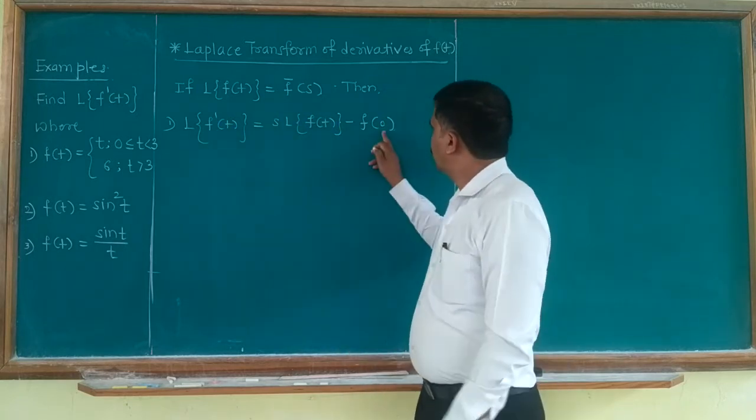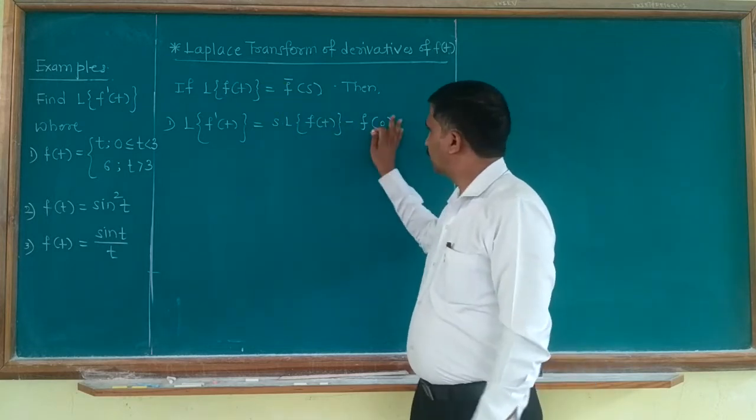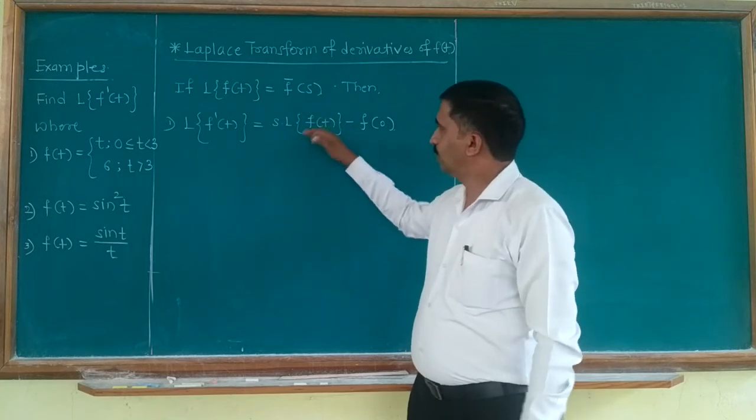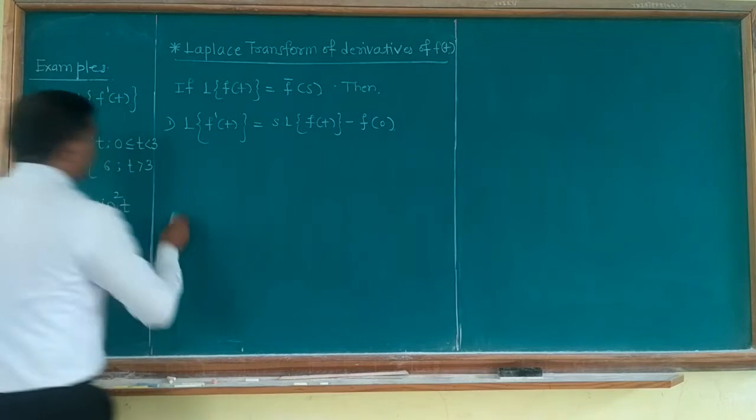Here you have to find f of 0. So in the given function, put t equal to 0 and you will get f of 0. Find the Laplace of the given function and substitute in this formula, and you will get the Laplace transformation of f dash t. So similarly, the second one,